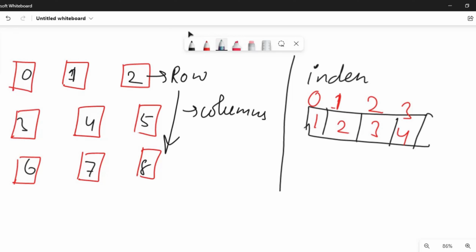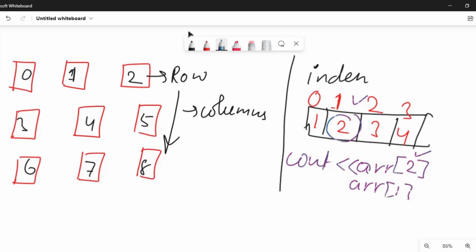So if we need to access this second element, so what I would have written, cout arr, that is the name of an array, and after that the index on which it is present. So if I need to take here 2 as an output, so am I going to write here 2 or am I going to write this statement? So out of these two, which one is correct? So yeah, this one is not correct. The second statement is correct because